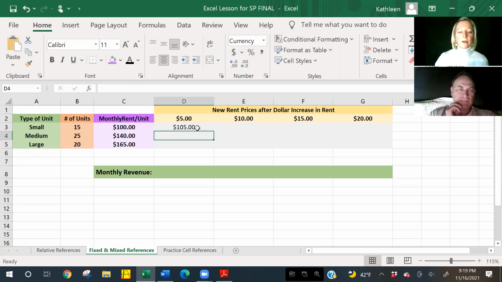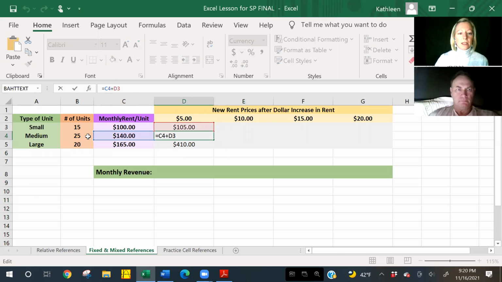and I'm just going to use the plus key and add the $5 to it. Press enter. If I copy this formula down, you can see that something funny has happened, because here I should be adding $5 to $140 to get $145, but it's actually giving me $245. Questions so far? Okay, so something's not right. If I click on this cell, I can see that it's referencing cells C4 in blue and D3, but I didn't want it to add D3. What number did I want to add here? You wanted C4 with D2. Right,